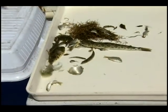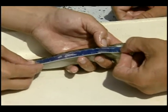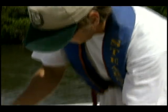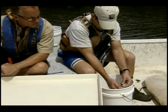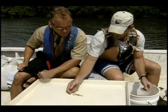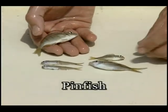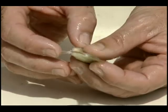Each species caught is identified, carefully measured, and recorded into a database used to assess the health of the fisheries community. Brent and I took a closer look at some different types of fish. We examined several species of baitfish, including some lively pinfish, which get their name from the sharp spines on their